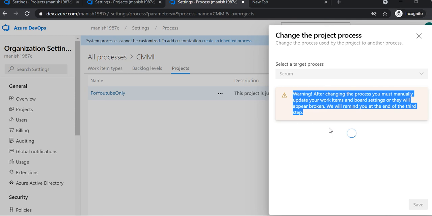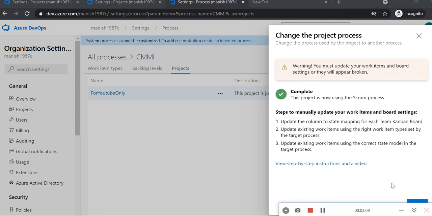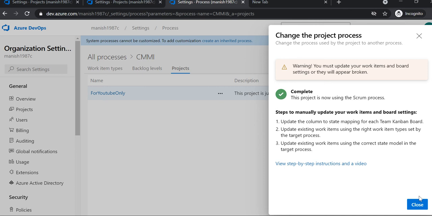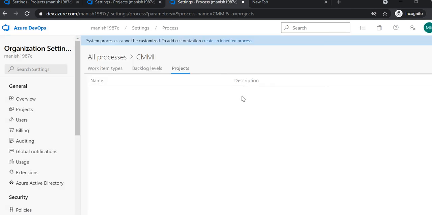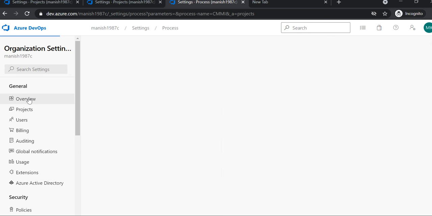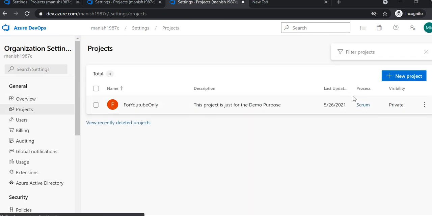Obviously I think the network is slow. So now it is done. Once it is done, you need to close it, go to overview, again click on project, and now you will see the project is following Scrum. In the same way you can change it again.